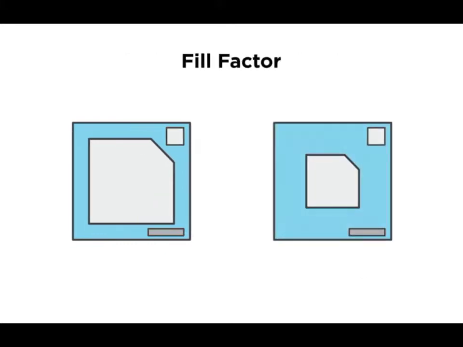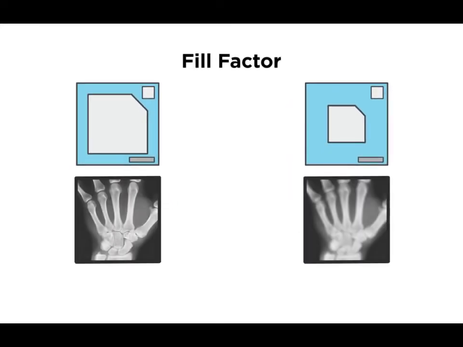The ability of each DEL to produce a high spatial resolution radiograph is designated by the percentage of the active pixel area within each DEL. The percentage of DEL to active pixel is known as the fill factor. There is a direct relationship between fill factor and spatial resolution in that as the active area increases, that is, takes up a greater percentage of space within the DEL,